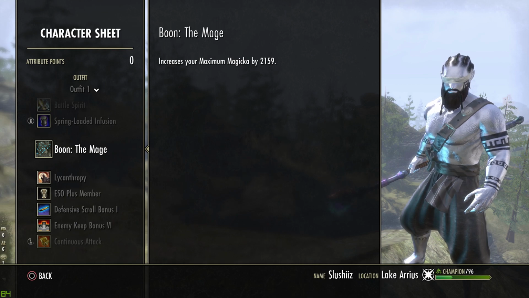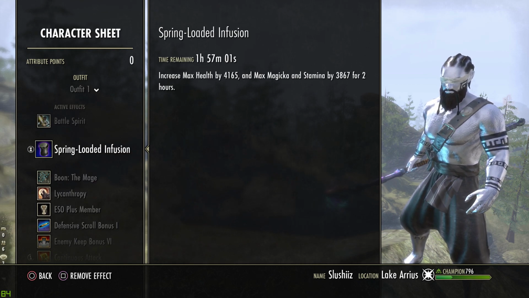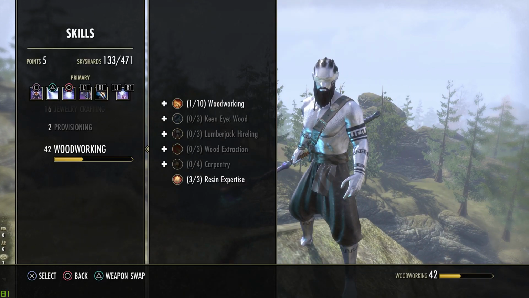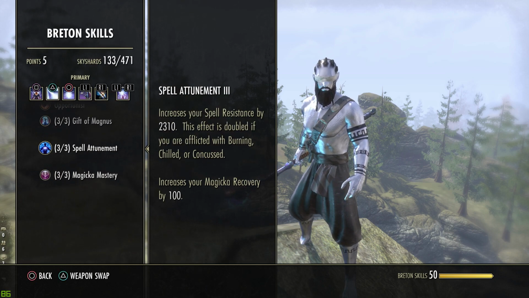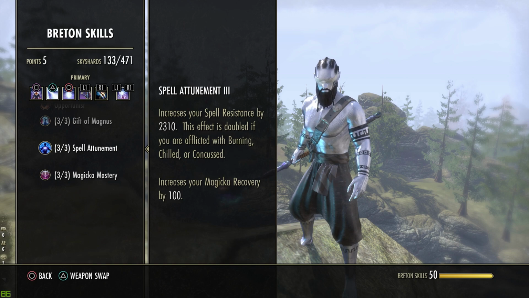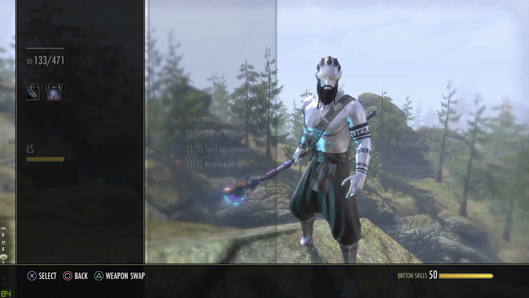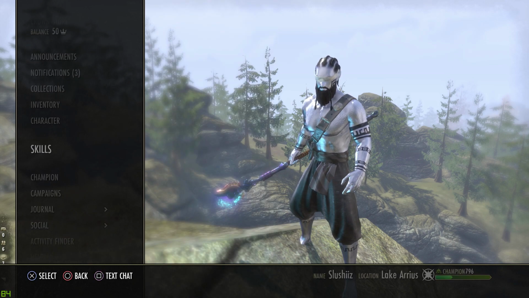The mage is going to give us an extra 2100 Magicka. We are rocking spring-loaded infusion because we are using Bright Throat, so this is the best food to use with Bright Throat. And then we are a Breton. So being a Breton is nice because it gives you max mag, it gives you spell resistance, and then it also increases your magic recovery by 100, and then it reduces the Magicka cost of your abilities by 7%, which is pretty nice for resources and just having cheaper skills, and it'll let you 1vx a lot